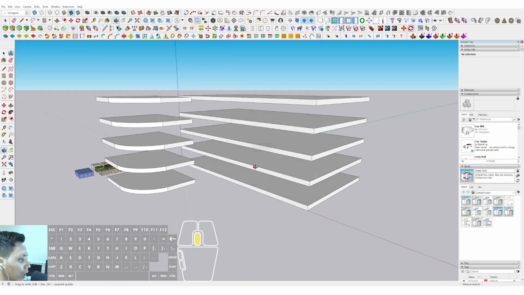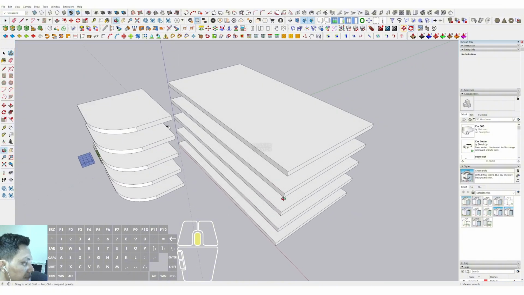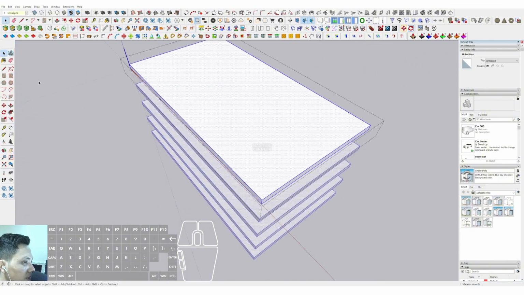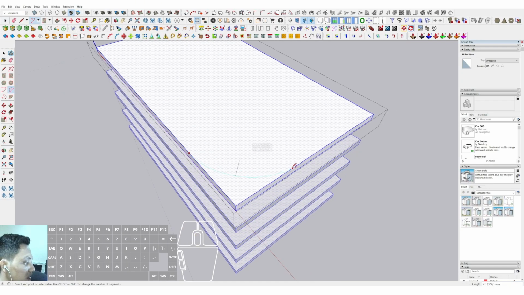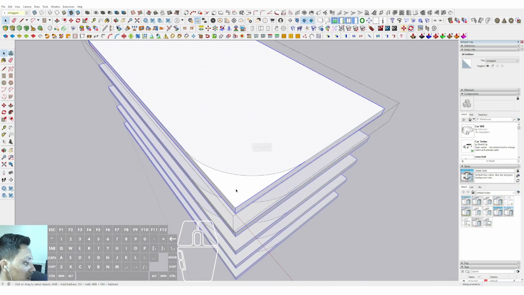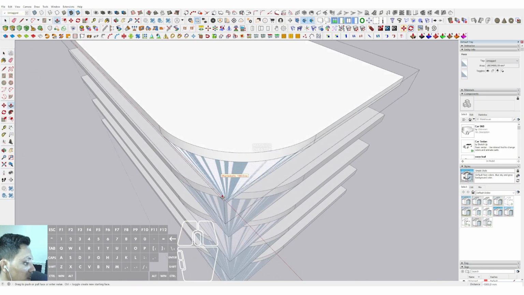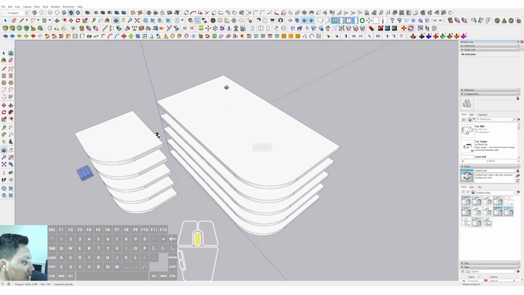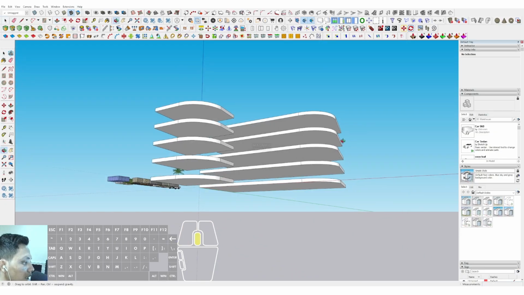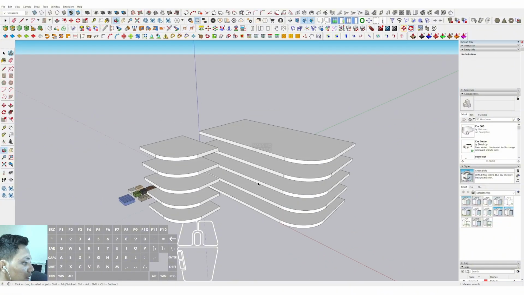Okay, and after that, we can also make the curve in here. We can use the 2-point arc and click from this first point to this another point in here. Okay, then double click and then we can click this surface and push it down in here until the limit and click, and it will be automatically erased. Okay, and so this is the basic